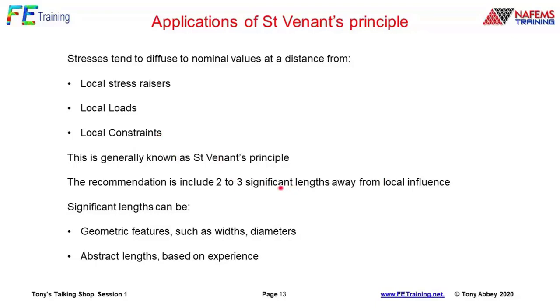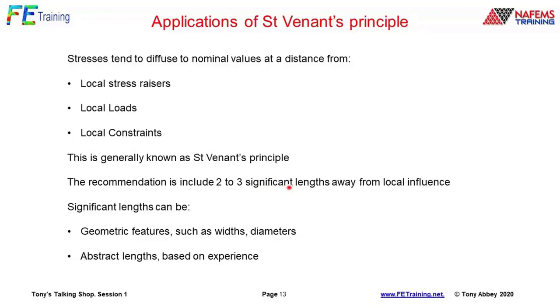Now, I've used one significant length in my particular case, and we can see that typically we would use 2 to 3 significant lengths. Now, what is that significant length or significant distance? It tends to be a geometric feature. Here we've got the width of the plate. We're going to see very shortly we actually can look at